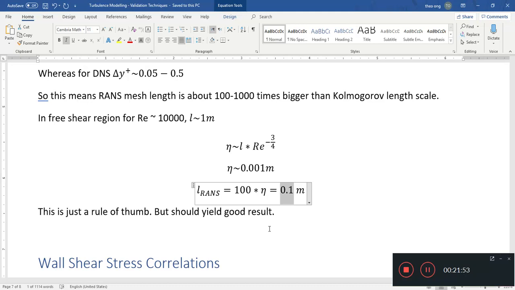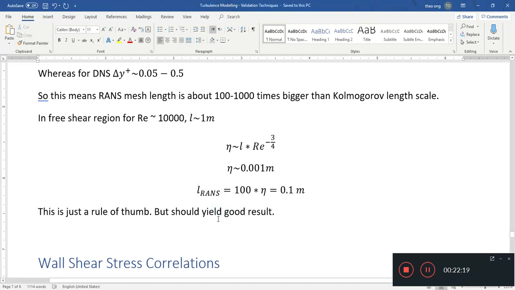So you don't just have to deal with the Kolmogorov length scale, but you still have to simulate your mean flow as well. Have a fine enough mesh for that, and you will need to take that into consideration when the Reynolds number is somewhat lower. But by and large, for turbulent flow, your Kolmogorov length scale will almost always be smaller. And anyway, for Reynolds average Navier-Stokes, you simulate all the turbulence